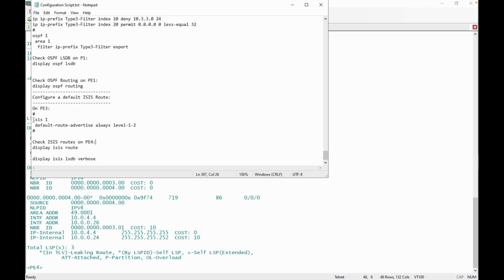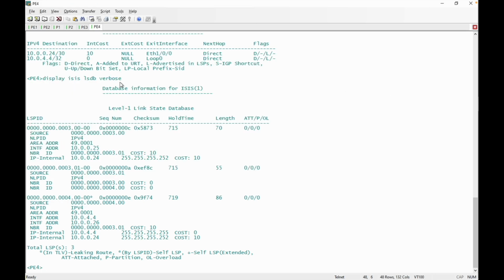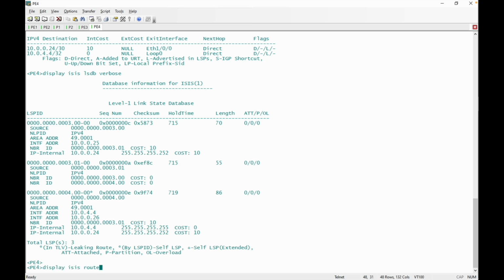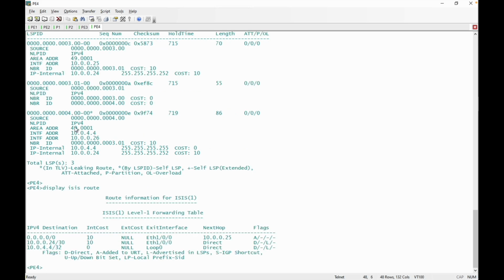Let's copy the prepared script for PE3 and paste it into PE3. Go to PE3, paste, and on PE4, I'll check again display isis route, and I can see a default route advertised from PE3 from